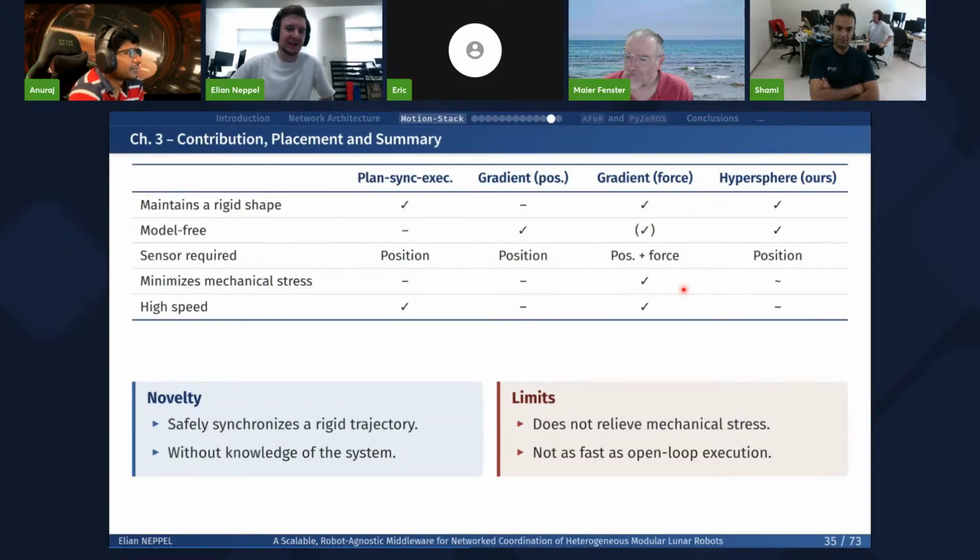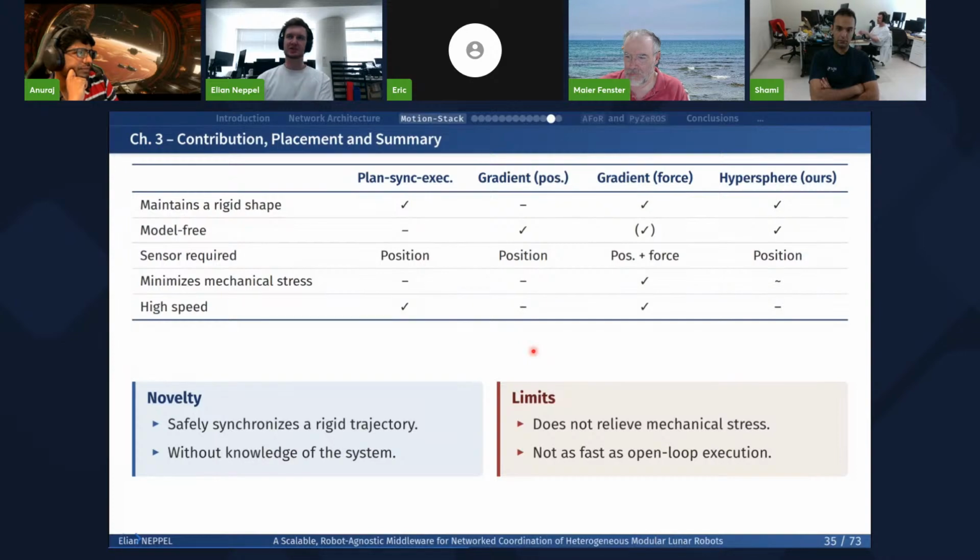Exactly, this controller is very specific to the problems we have with slow-moving robots that have to assemble and maintain a rigid shape, and where we do not have a force sensor. For other applications, you might find a better controller than this. And it's especially suited for Wi-Fi communications, because you can easily have Wi-Fi disconnections, which is actually the main problem that we are facing.